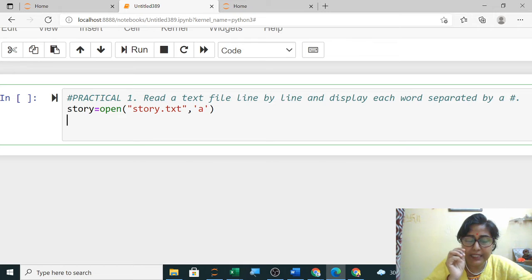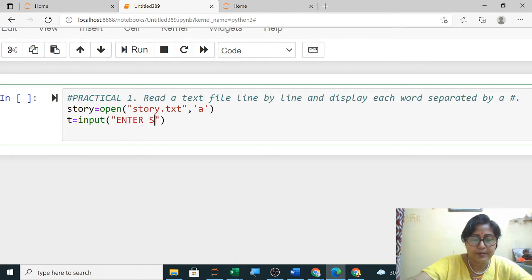For writing in that file, you first have to take the input from the user. Now I am taking the input text from the user. How to take input from the user? input, enter your story. Enter the text.